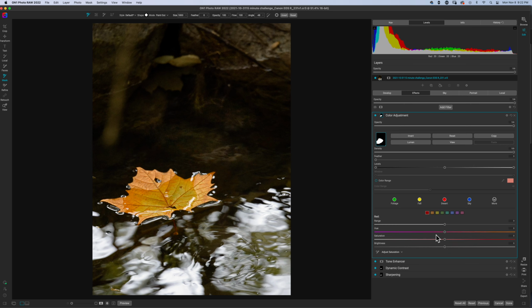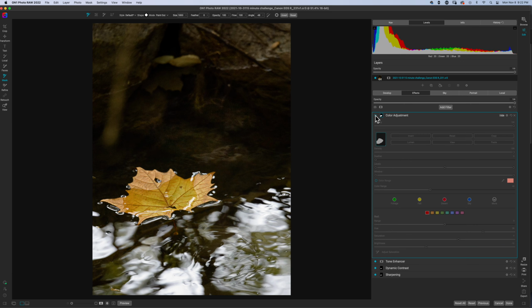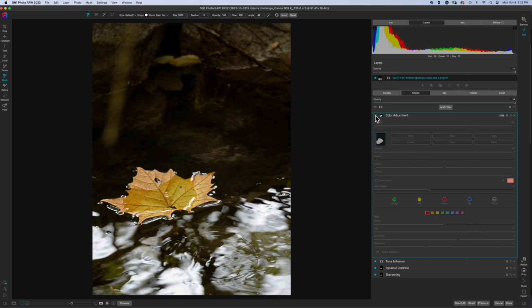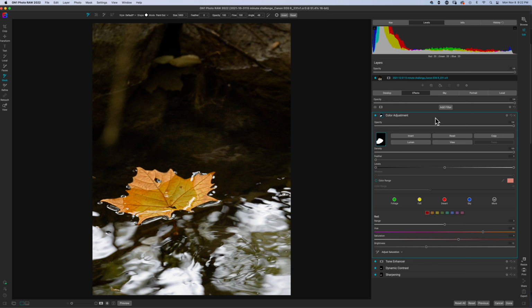And then let's see what we can do with the reds. Not seeing much happen with the reds here. Okay, and I'll bring down the brightness. So now we have a little bit more liveliness inside of the leaf, right? Okay, so leaf adjustment,